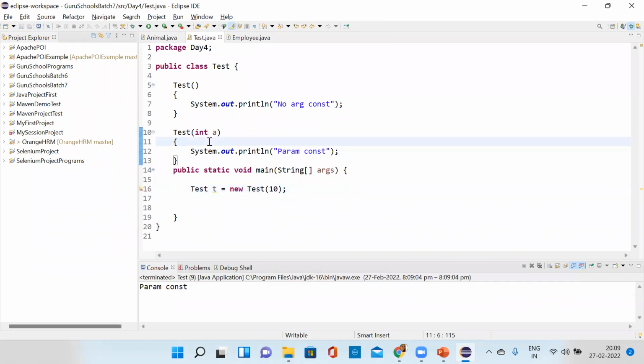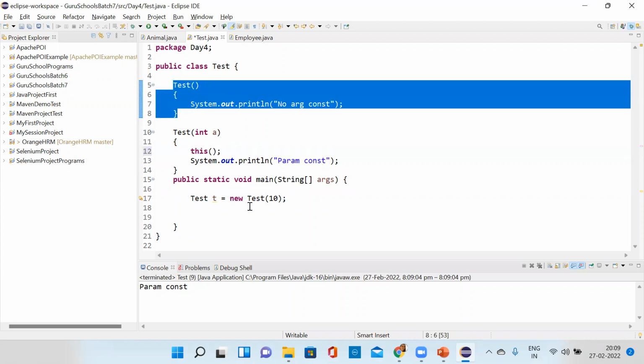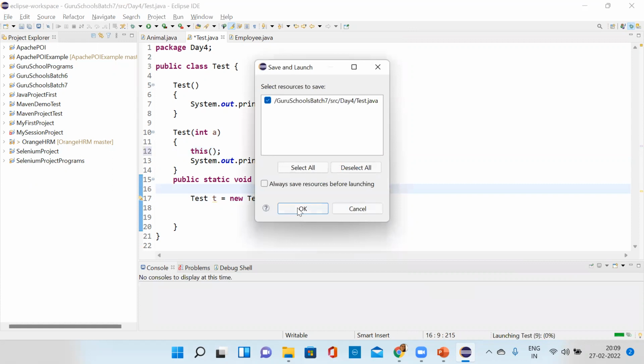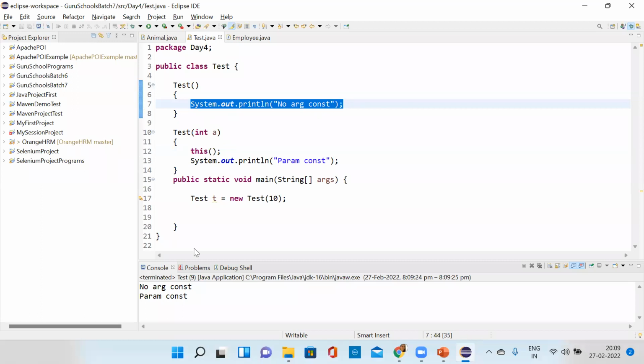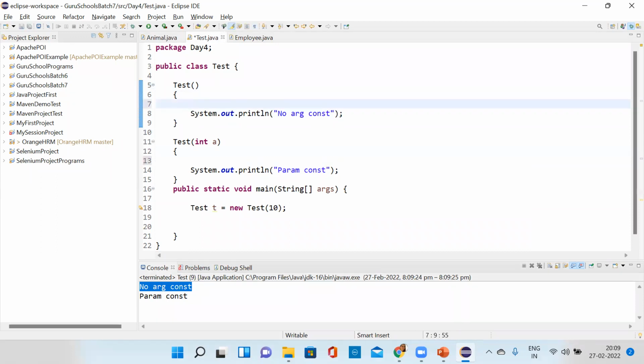Now if I say this here, then what will happen? It will call the constructor here and both the values will be printed. If I execute the program, see, it is calling by default the no argument constructor and printing it here. Now if I write like this and call this with 10 here, and I'm calling this constructor,